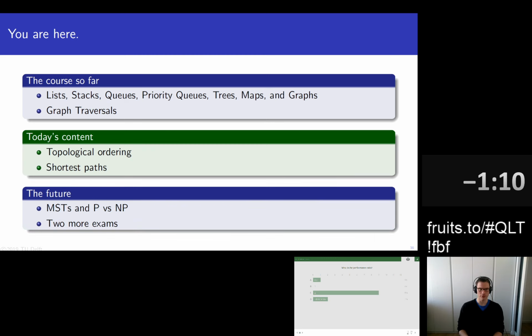Tomorrow, as I mentioned before, will be a regular lecture. Well, as regular as we can be over Twitch, but okay. Where we talk about MSTs, or minimum spanning trees. And if time allows, we'll do one quick extra exercise, but I'm not sure if time will allow. On Thursday, we will have a regular tutorial. Next week, we talk about P versus NP, which I'm really looking forward to. And then 2 weeks from now, or sometime after that, I hope to let you know soon, we'll have 2 more exams.